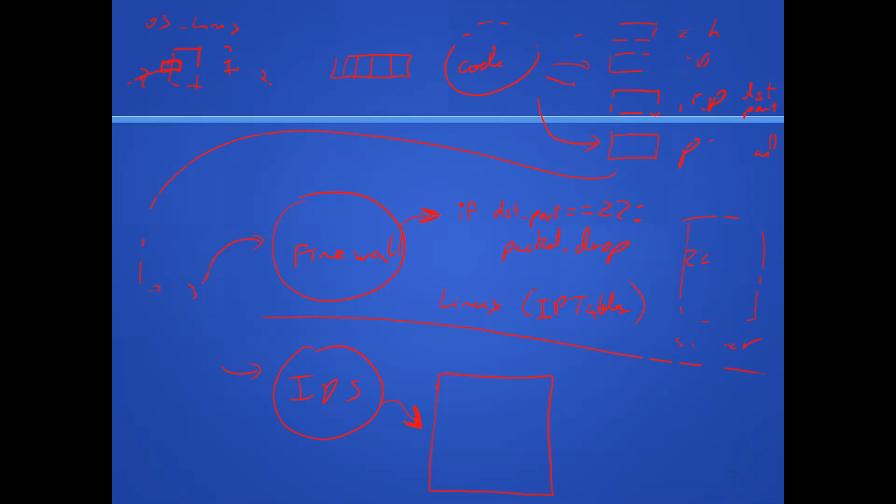So basically, it'll take the packet and break it up into pieces. Now, there are several differences with an intrusion detection system. Number one, whereas a firewall either drops or allows packets, sometimes it logs them, but usually it's about dropping or allowing them, an IDS has a slightly different purpose. And it might be just to find attacks.